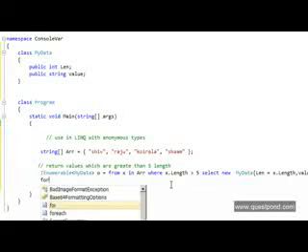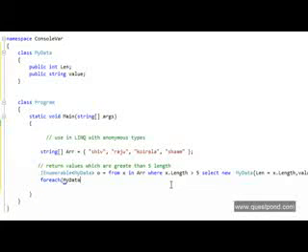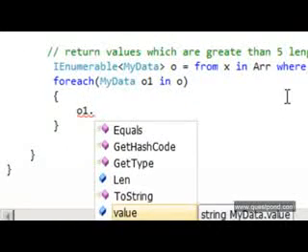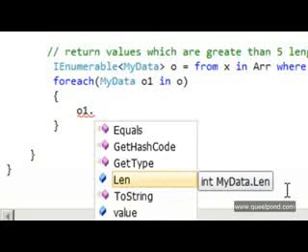So we can just do a foreach loop here. Let me do a foreach loop, for each my data O1 in O. Let's browse this. Right, and let's type here O1 dot. That's not a curly bracket, that's a round bracket, so let me make it round. I've become old. Okay, and we say O1 dot. Now you can see over here, I can see the len as well as the value. So in other words, I have created a strongly typed object, which I can get from the LINQ query.